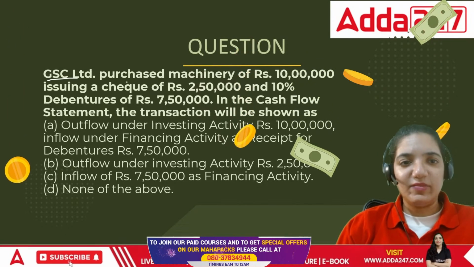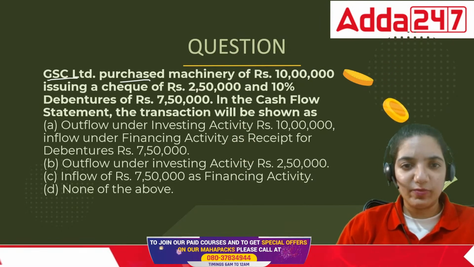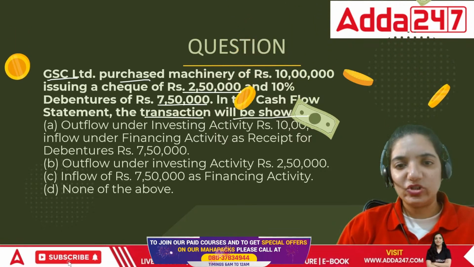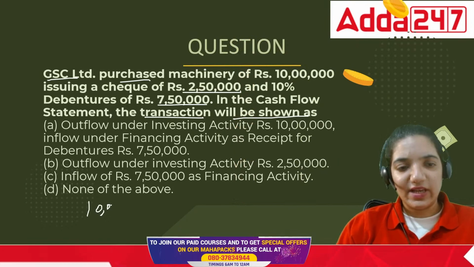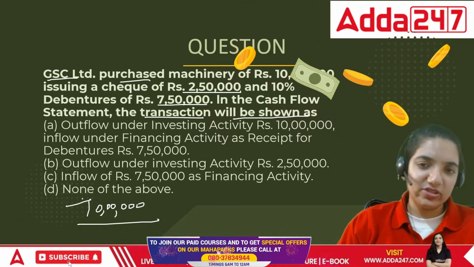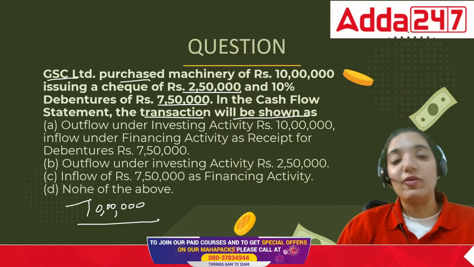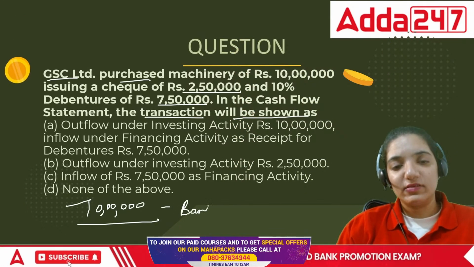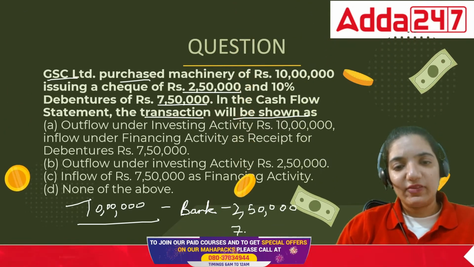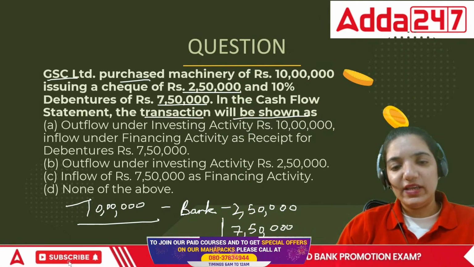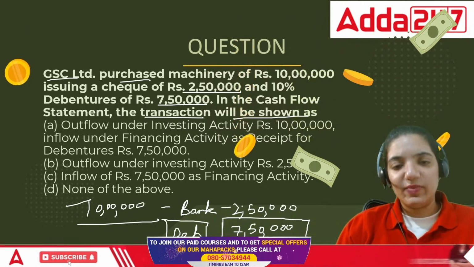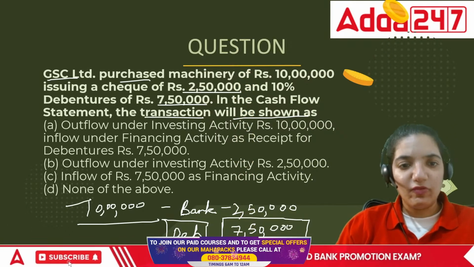Now the point is GSC Limited purchased machinery for 10 lakh, issuing a cheque of rupees 2,50,000 and 10% debentures. In the cash flow statement, the transaction will be shown as we purchased machinery of 10 lakh rupees, and this is an inflow of an asset. There is nothing defined about cash. How are we paying? They said we paid through a cheque of 2,50,000 and debentures of 7,50,000. There is no movement of money in case of the 7,50,000. This is our debentures. And in terms of bank, it is 2,50,000. So in this case, the movement is only and only